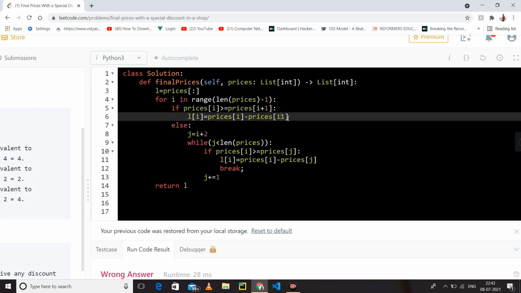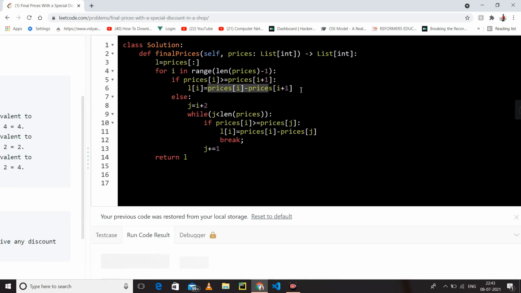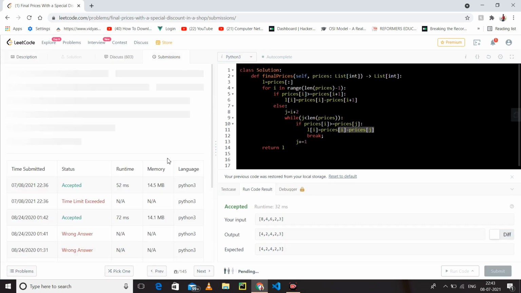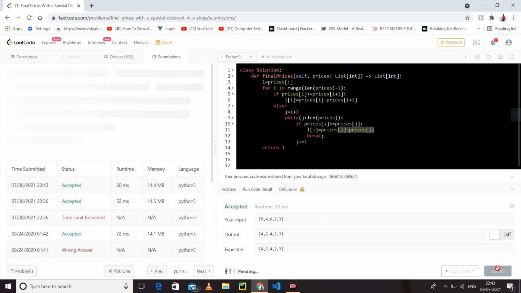I have to take care of I and I plus 1. Then yeah, it has run. So let's submit it. It has been submitted, and it is 80 milliseconds. Okay, so it is faster as well. So let's submit one more time.